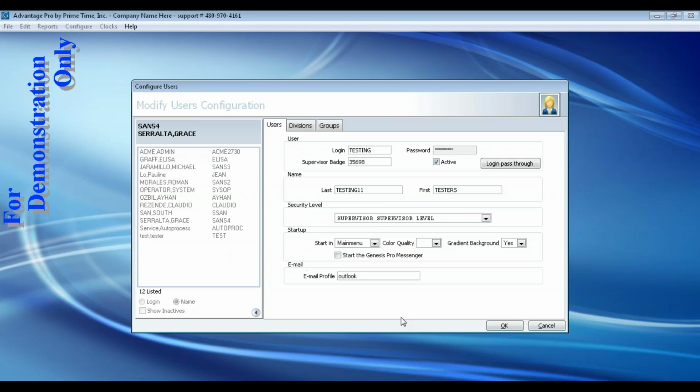So here I have this created. At this point I could click OK. They could log in. They would be supervisor level over all the employees in the software. But if I want to give them only supervisor access, which is administrative access in this case,